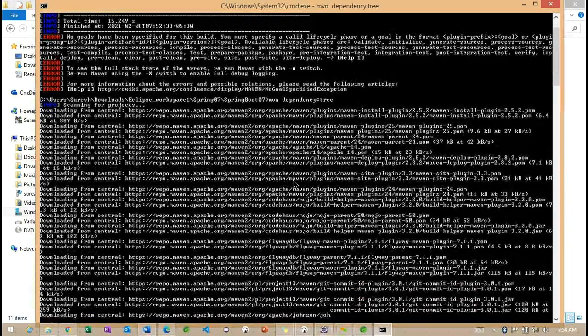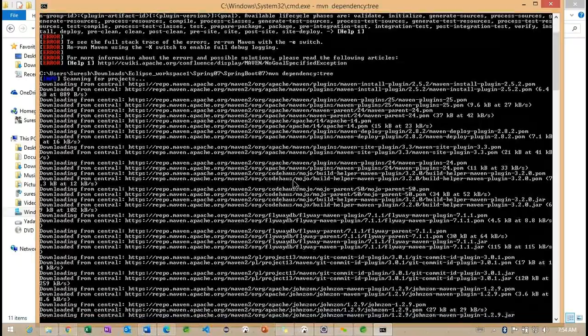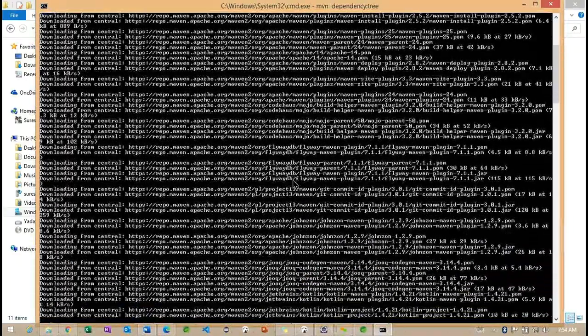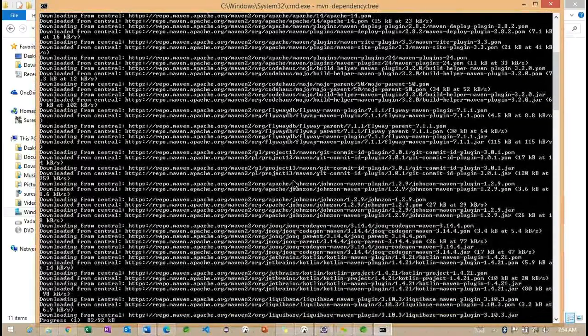Each and every jar is downloading here. Once the download is completed, we can see the structure of the project, how exactly it's connected.